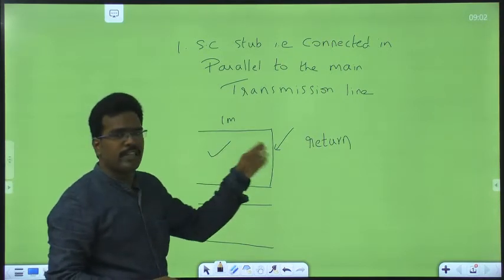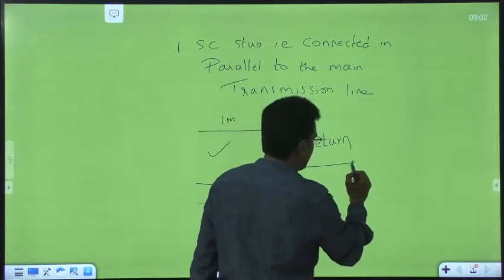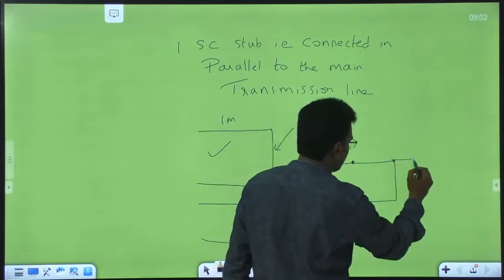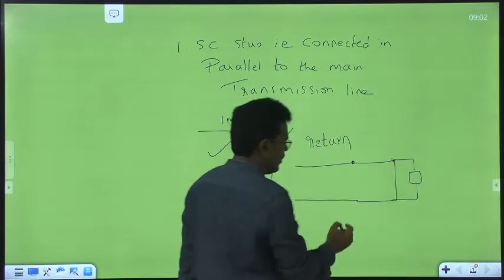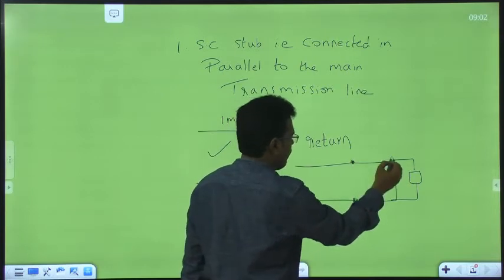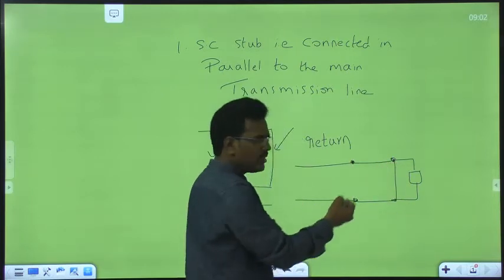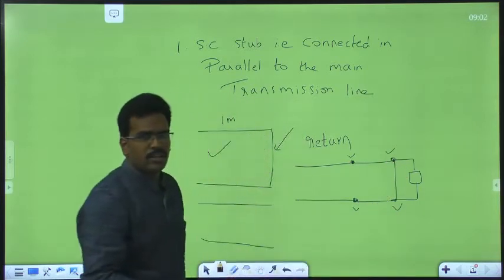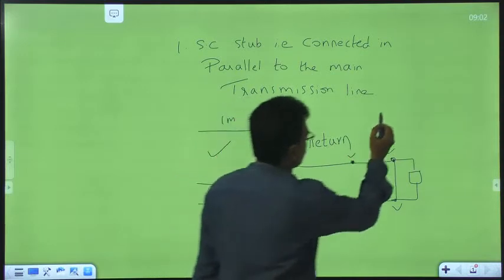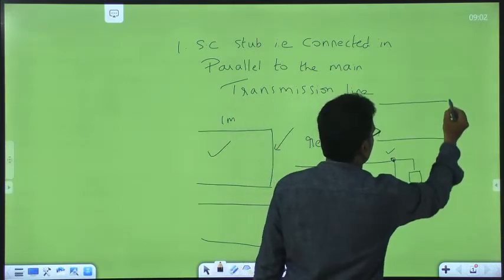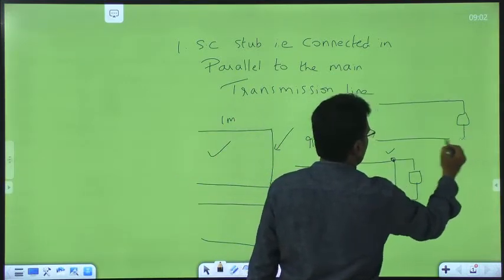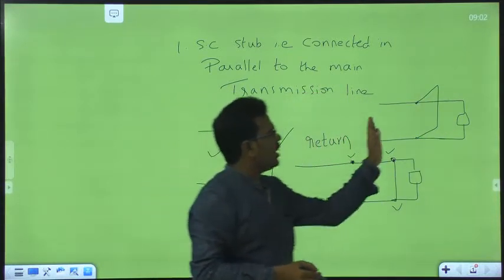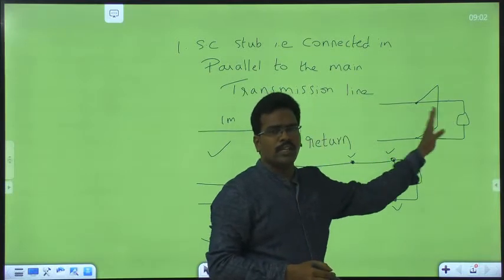Why parallel? Why not in series? If it is in a series connection, as the load impedance varies, we have to keep on moving the stub. The location of the stub changes whenever the load impedance changes. In this case, we have to de-weld 4 places and change the location of the stub again. But in case of parallel stubs, we have only 2 connections. So with the help of some screw arrangements, we can shift it over the transmission line for impedance